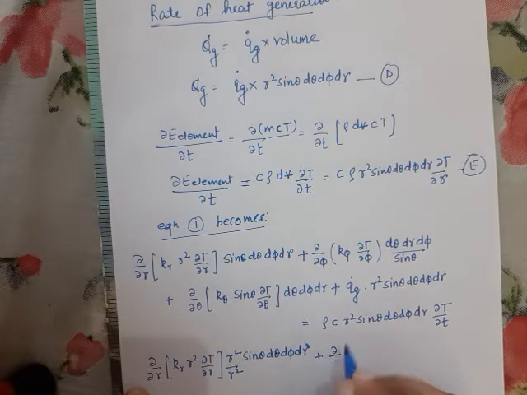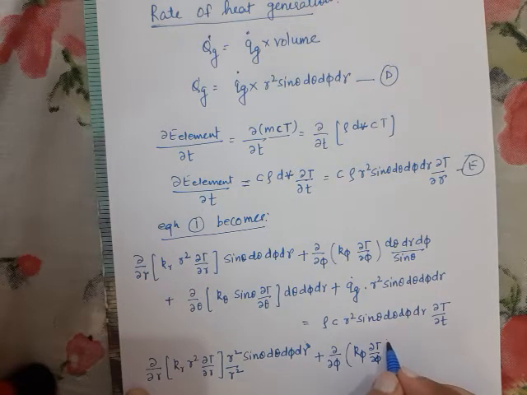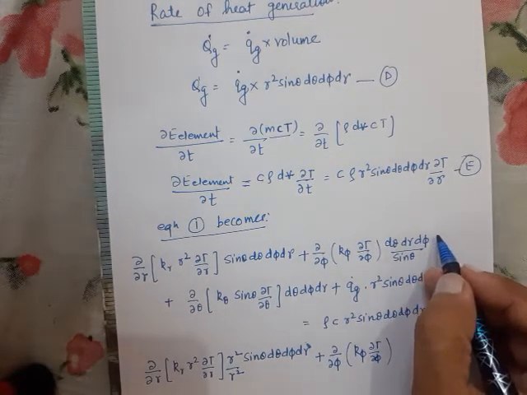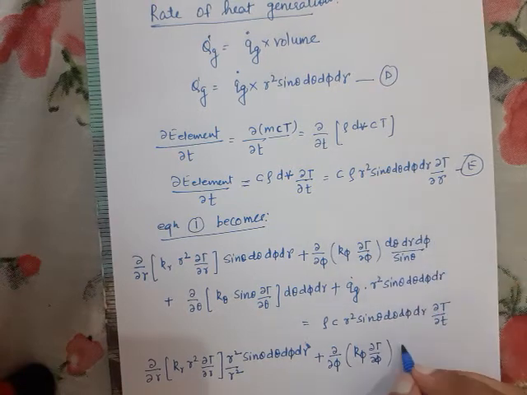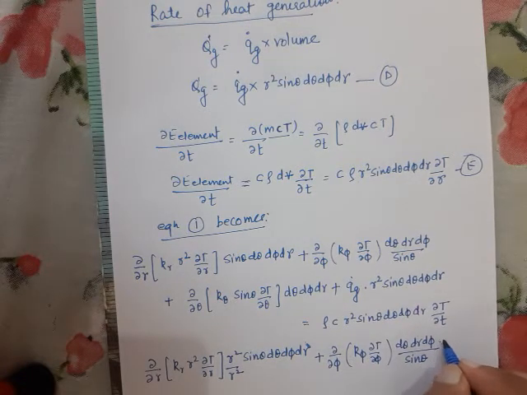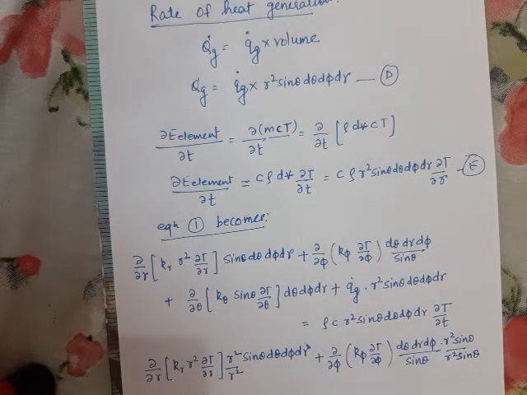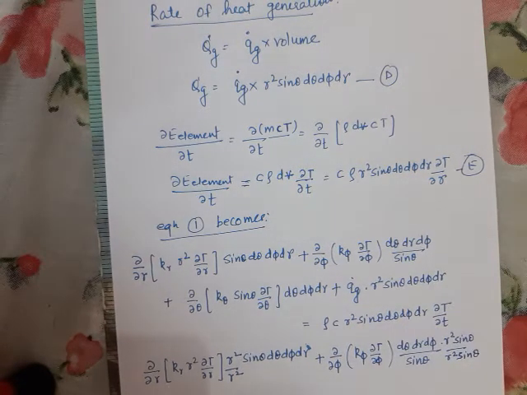Likewise, in this phi term, del upon del phi k phi del T upon del phi, what is remaining over here? Here r square sine theta is remaining upward. So d theta dr d phi is already there, and sine theta is there. I need to multiply this by r square sine theta and also divide by r square sine theta, so that the above term can be written as d theta dr d phi r square sine theta, which becomes equal to volume. This whole term becomes equal to volume.